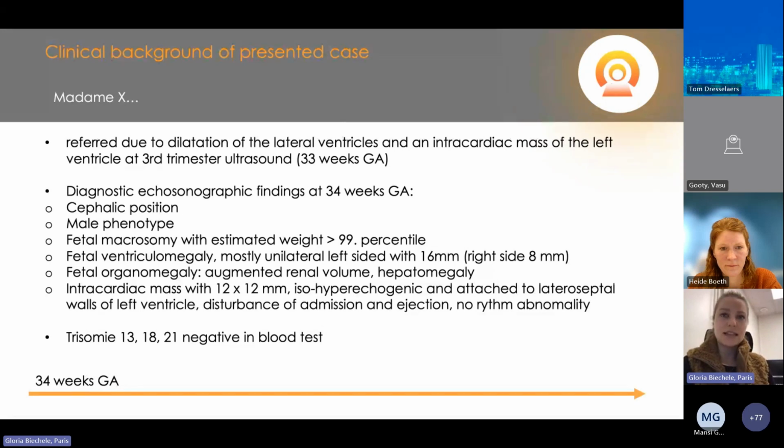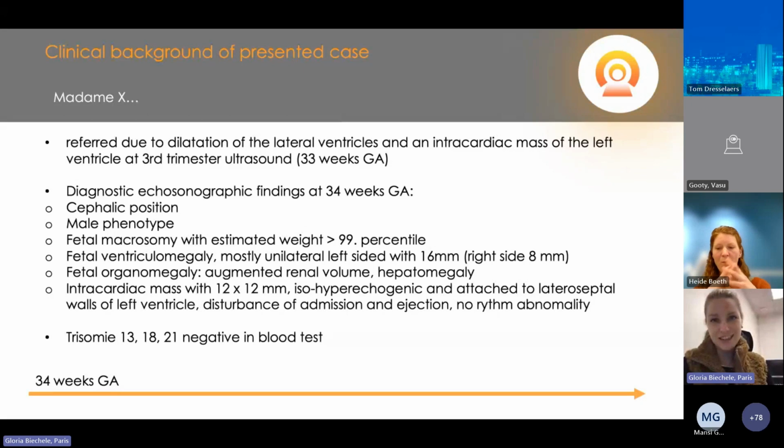So the diagnostic echosonographic findings at the first ultrasound that was conducted at our hospital at 34 weeks were a cephalic presentation of a little boy with a fetal macrosomy with an estimated weight above the 99th percentile, a fetal ventriculomegaly, mostly unilateral and left-sided, with 16 millimeters, a fetal organomegaly with an augmented renal volume and a hepatomegaly, and